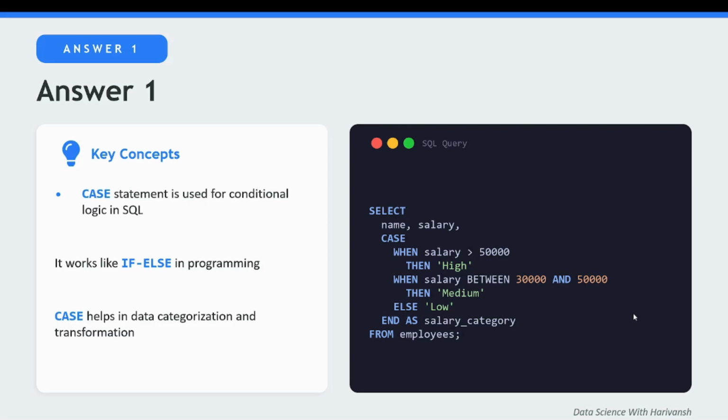We define our first condition by writing when salary is greater than 50,000 then high, which instantly labels anyone earning above that threshold. We then layer a second condition using when salary between 30,000 and 50,000 then medium, to capture the mid-tier earners. For any employee who doesn't fit into these two brackets, we establish a fallback rule